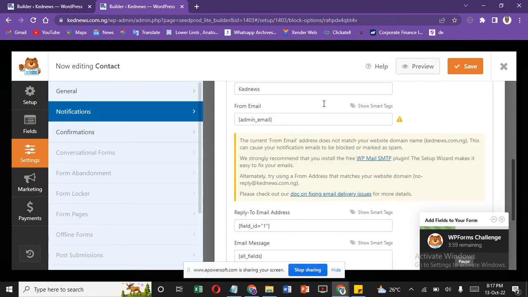And on this side you can use your webmail. It's better you use a webmail, so it's easier. Webmail is something like something at kednews.com.ng. That's an example of webmail. So let me just quickly save,